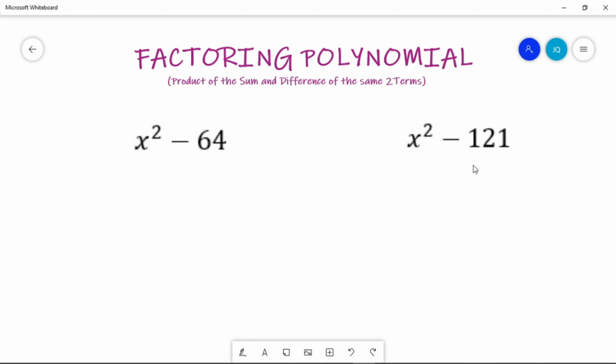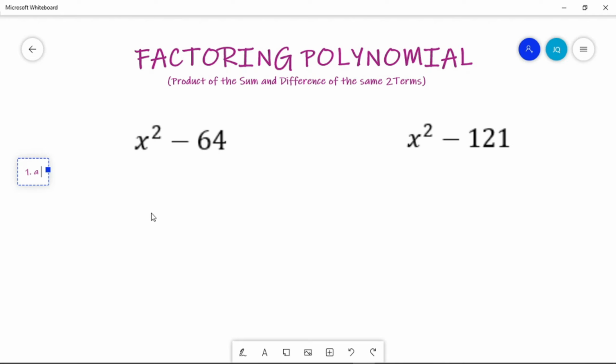And take note, it is the product of the sum and difference of the same two terms. Okay, so are you excited? Let's get started. So first is, when are we going to know that it is the product of the sum and difference of the same two terms? Okay, when? So first condition is the product of the sum of and the difference of the same two terms